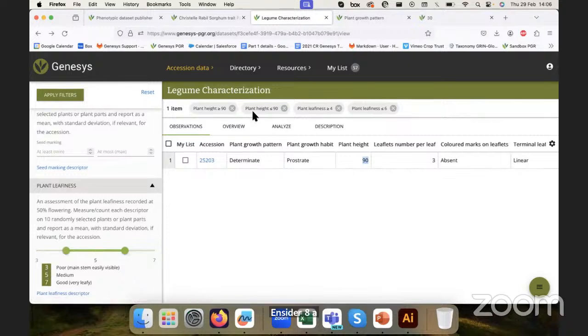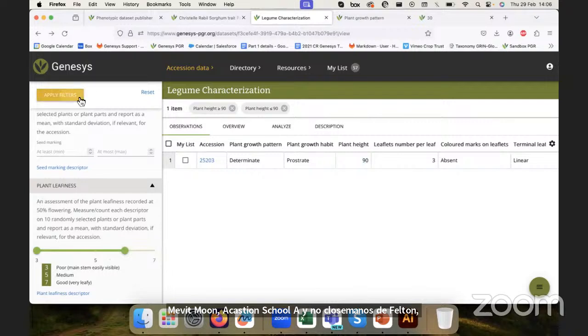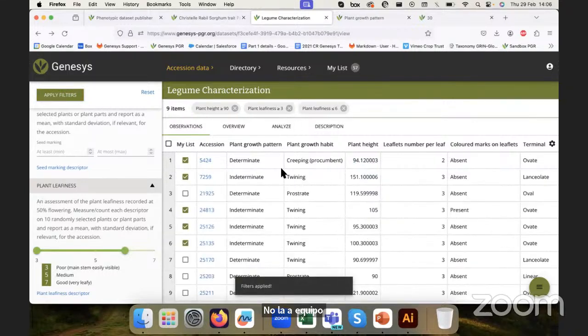And maybe one accession is too little, maybe I want more, so I can close one of the filters. Let's say I keep the height flexible, so everything that is above 90, and I can select all of these 9 items